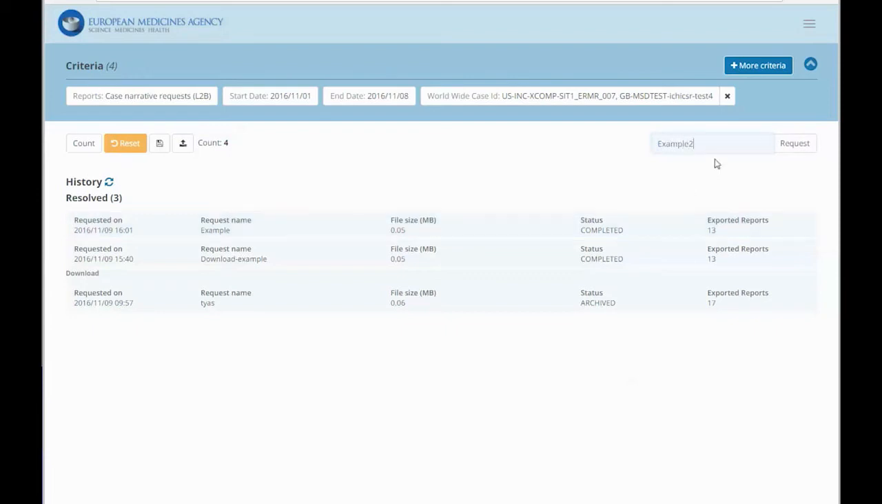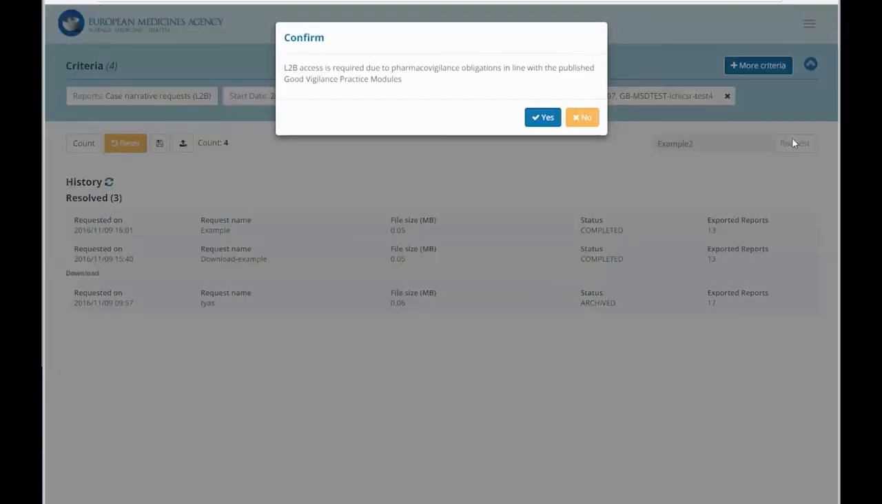Provide a name for the request and press the request button. After submitting the request, a pop-up will come to confirm that you are making this request in line with the obligations published in the Good Vigilance Practice modules. If you are, press yes to confirm,